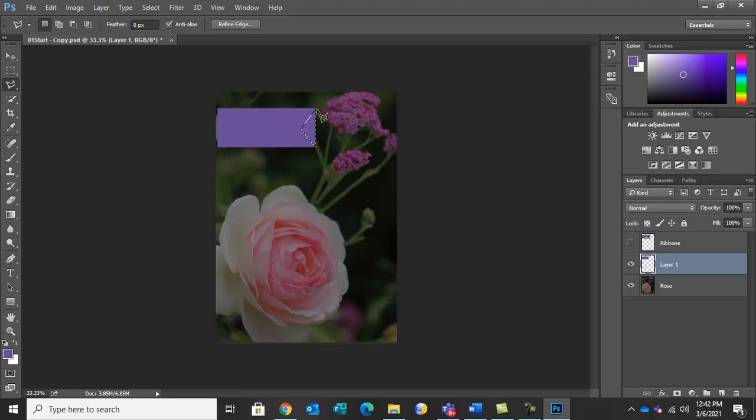Okay, so click here, then first point, move the mouse and click here, and then we create a shape. Now press delete key. See, so we have deleted this triangle area from this rectangle. Now to unselect this, Control D. See, so we have cropped this area.